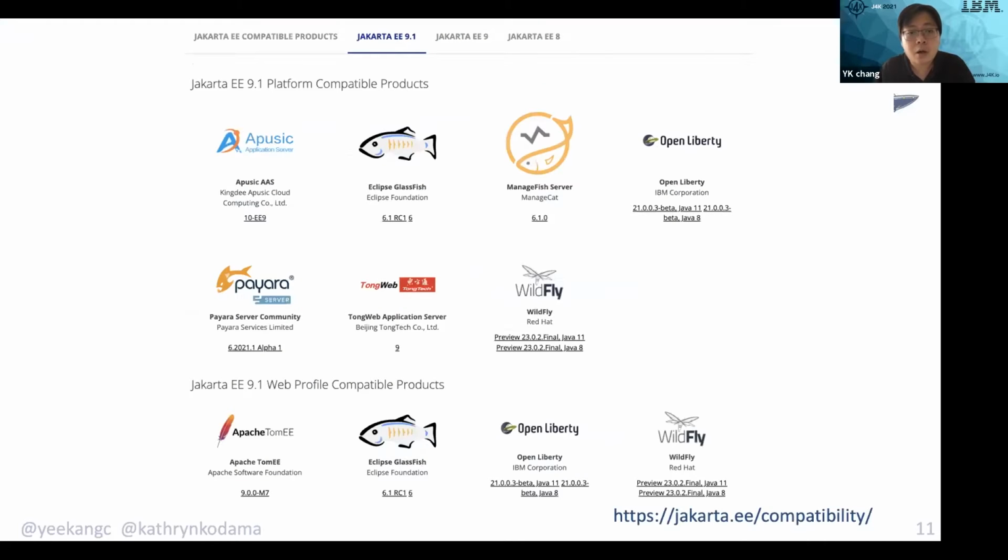Again, it's an open standard, right? So different runtimes have declared compatibility with it. This is a view of what's there for Jakarta EE 9.1, which is the latest version of Jakarta EE from a spec standpoint, right? So you can see different frameworks and runtimes from all over the world, if you will,